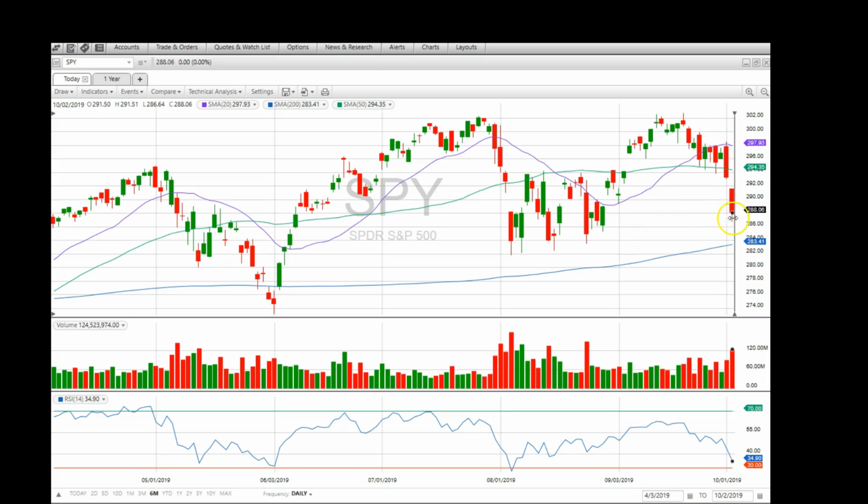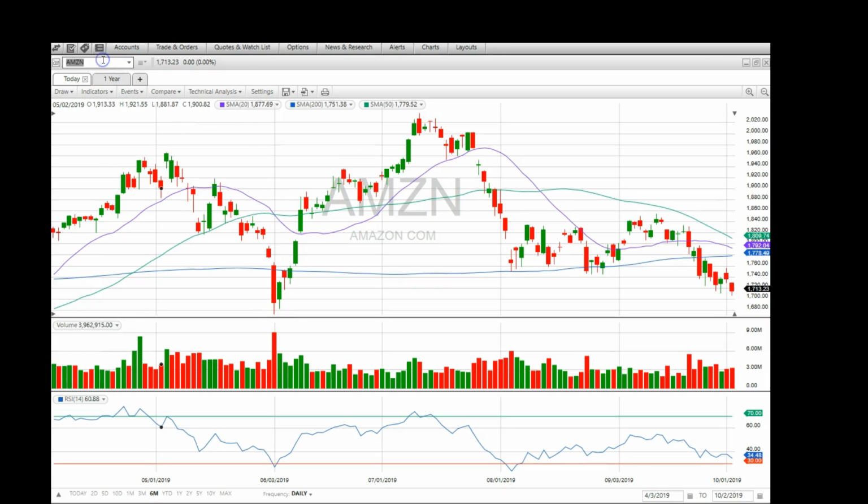Probably the next support for the S&P would be about the 285, and the ultimate 200-day moving average at 283. If it continues selling, then it could lose the 200-day in this area, the 274. But so for the S&P 500,